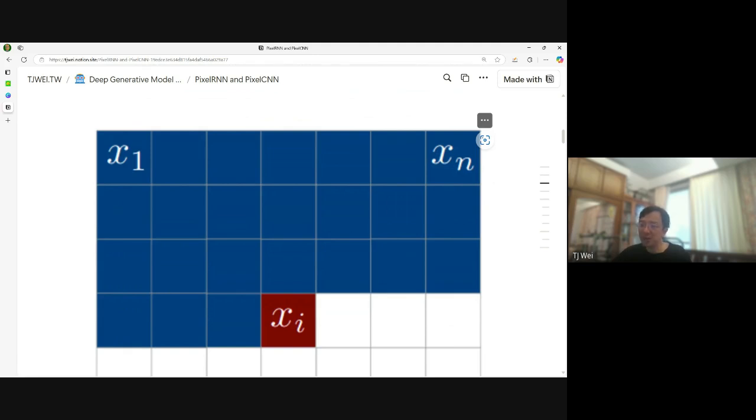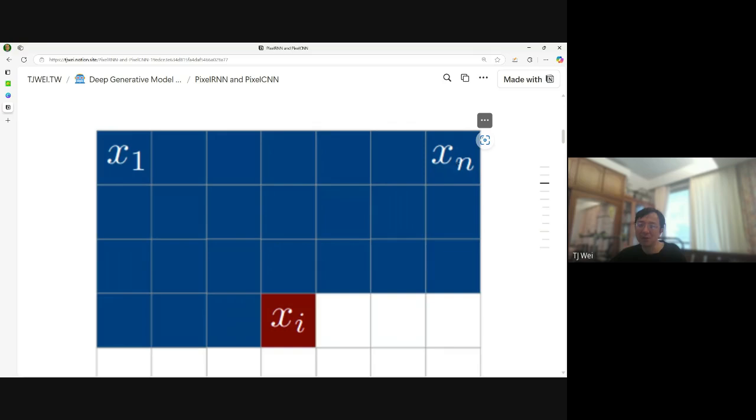So there are some issues. The first issue is that if we are considering a color image, it in fact has 3 different colors, RGB, for each pixel. So do we need to consider the different color channels one by one, or maybe consider the RGB together? So that's one issue. And another issue is if we choose this kind of order, x1, x2, x3, x4 to xn,